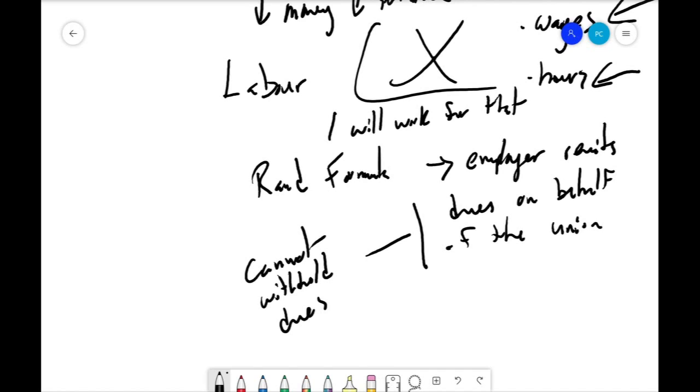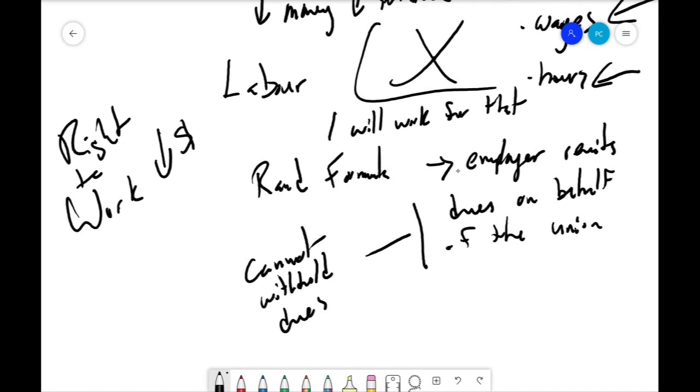In the U.S., they put in something called right to work legislation, which is a great name, but not what it is. Right to work basically said that you can refuse to pay your union dues. You don't have to choose to be a union member. You can choose not to be a union member. The only thing this did in right to work states is it drove down wages, and it allows something called shift bids, which you might think is fine: whoever wants the job can do it.